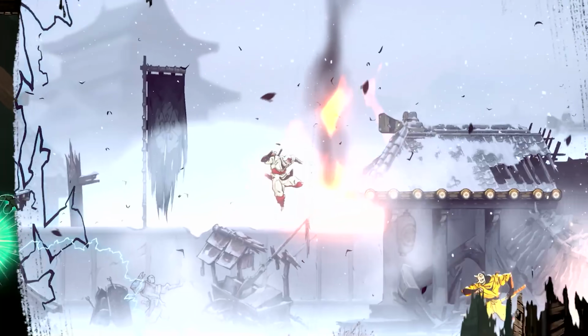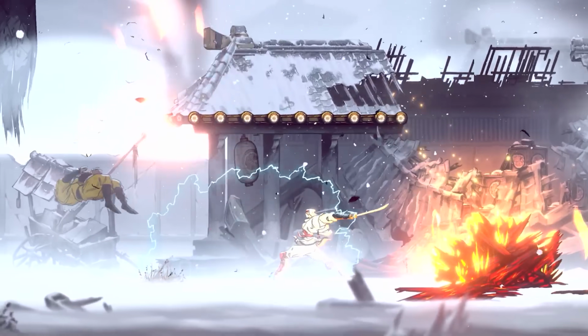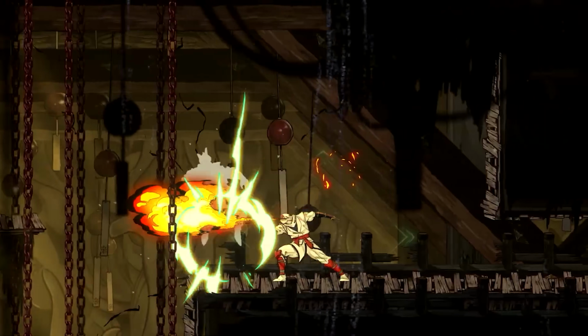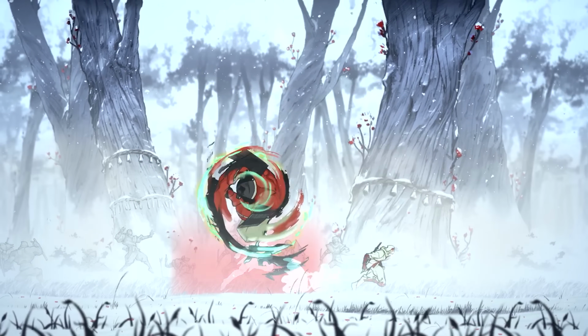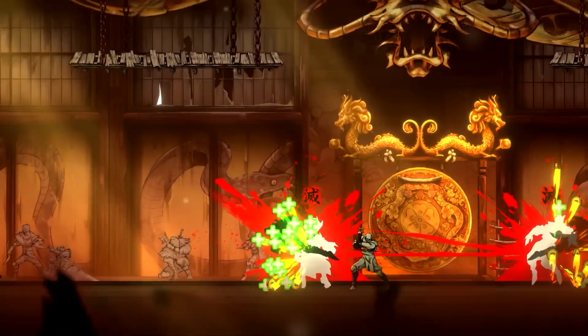Today, we're taking a look at the demo for Shinobi Art of Vengeance, the latest entry in the long-running series. We'll cover the story setup, the feel of the gameplay, how it looks and sounds, and I'll also test it on both Switch 1 and Switch 2 hardware. I want to see if there are any performance gains on the newer system, even without a dedicated Switch 2